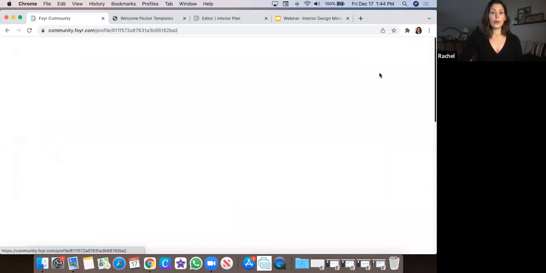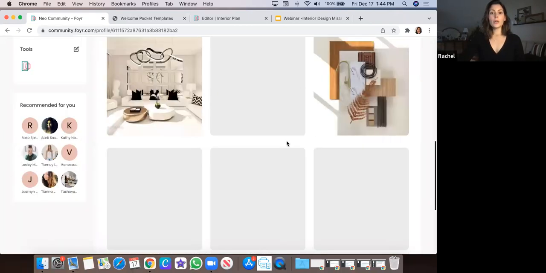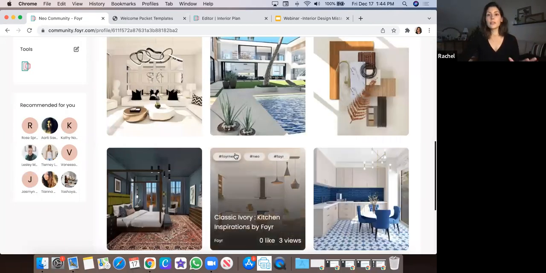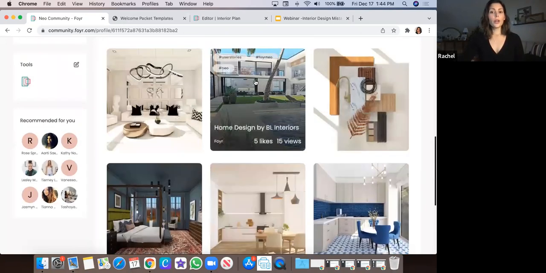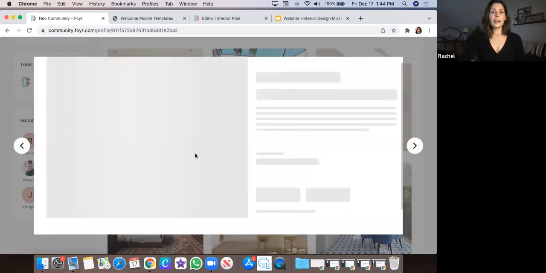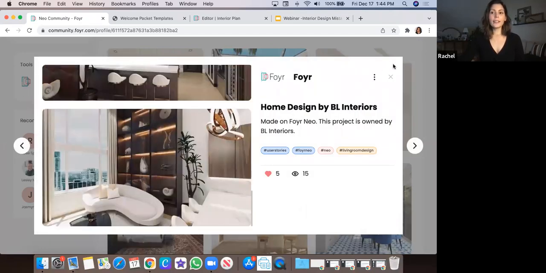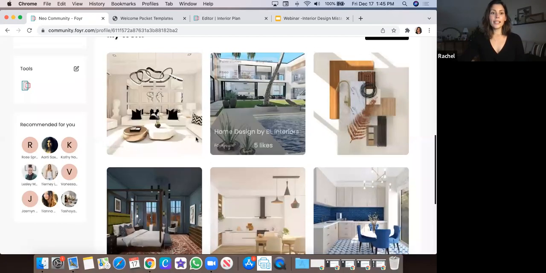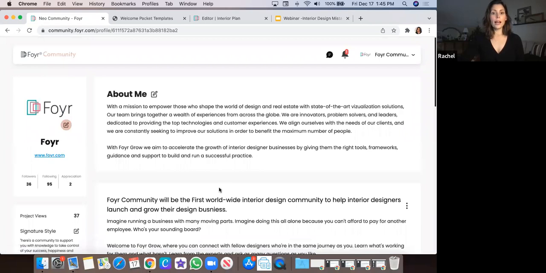You'll create your profile, which this is just Foyer's, but a little about me. You can add all of your work. It doesn't have to be Foyer renders. It can be photography. It can be renders from another software. It's totally fine. This is meant to showcase your work, so that the other designers in the community can check you out and see what your design aesthetic is and connect with you. You can add your social accounts, your website if you already have one. And then on the main wall,